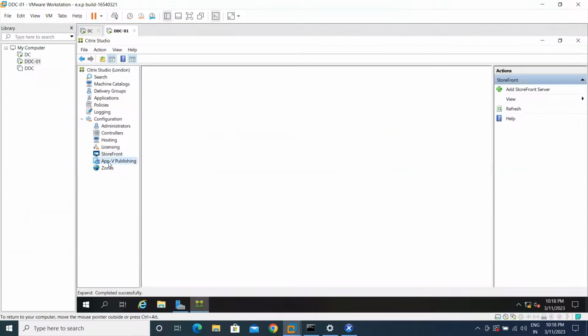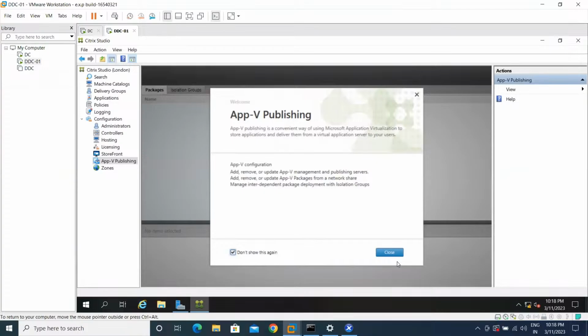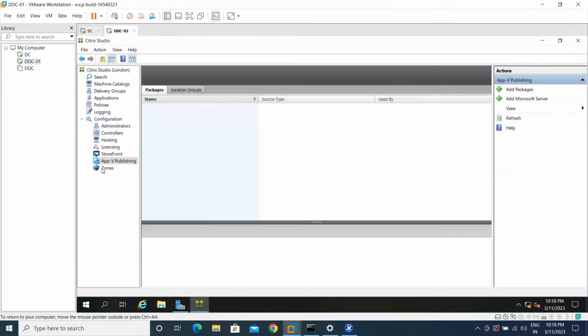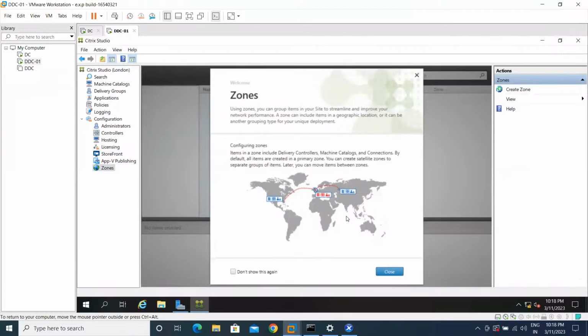FB publishing is not for you guys right now, and zone is something related to the time zone, right? Means if you are having data centers in, like, the Asia or America region